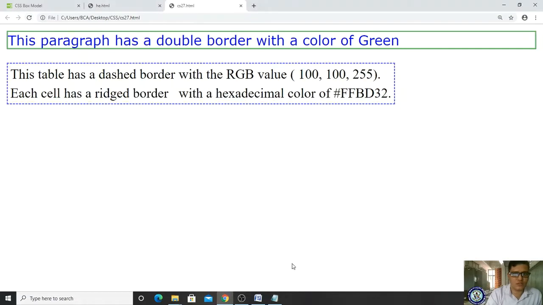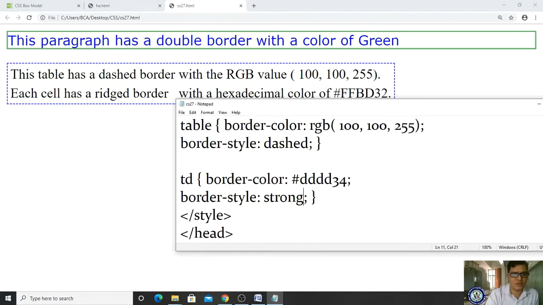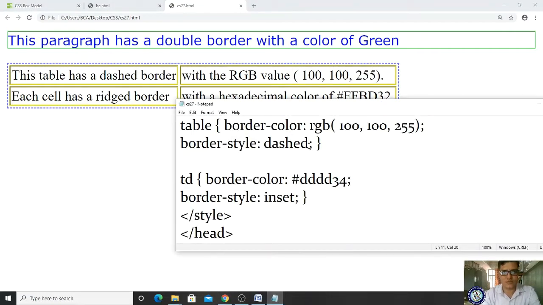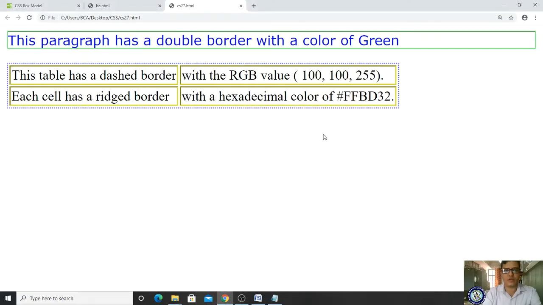If you make it groove, it is not appearing, it has been made as groove. Let me make it inset style, save it and refresh it. If I make it inset, you are seeing these modifications for your table data. Got it? Instead of dashed or double, let me make it dotted. Let me save it and refresh it. So dotted borders are appearing.